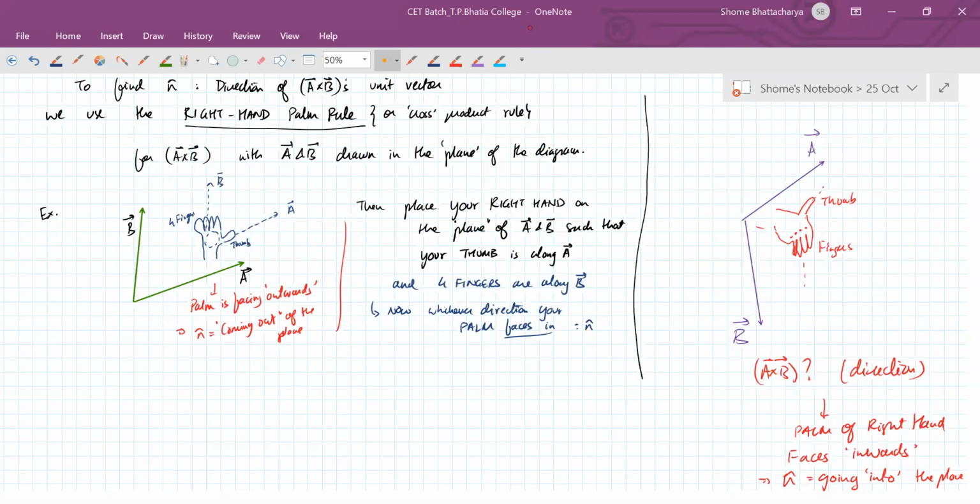Okay. So with this we conclude today's session. Next time we will look at some final examples of the application of cross products. But other than that, we are done with the theory part of vectors. So next time we will look at some example questions of cross products, and then we will start with the next chapter, which will be forces. Please look up the chapter of forces and after that friction from your booklets and modules, etc.